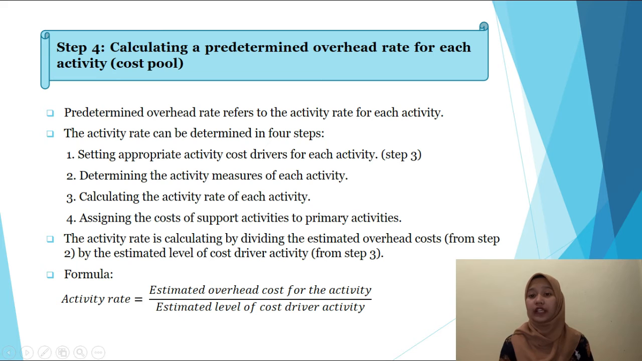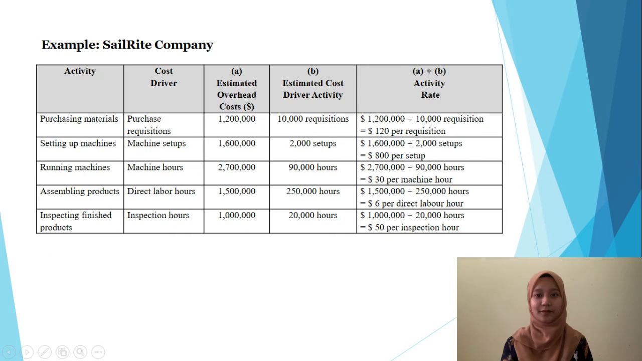The activity rate is calculated by dividing the estimated overhead cost by the estimated level of cost driver activity. You can see the formula shown in this slide. This is an example from Cellrite Company. There were 5 activities. The first activity was purchasing materials. The activity rate for purchasing materials was